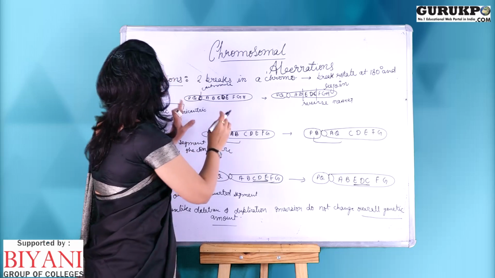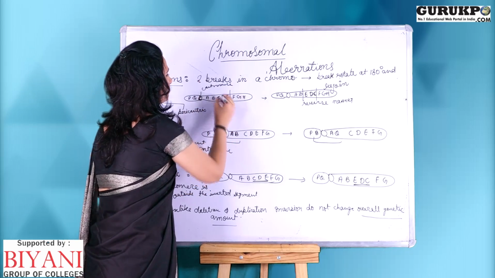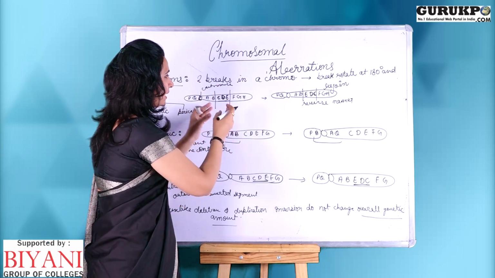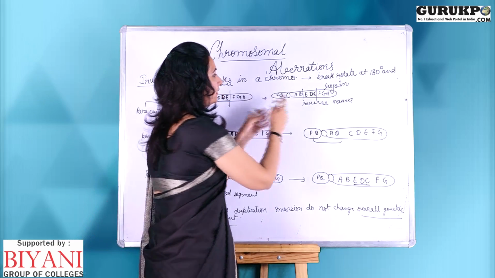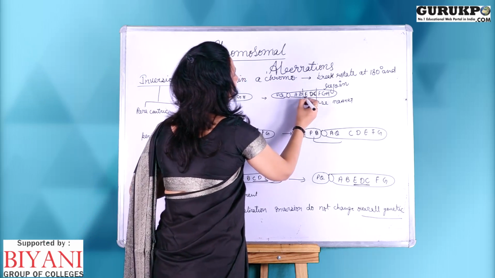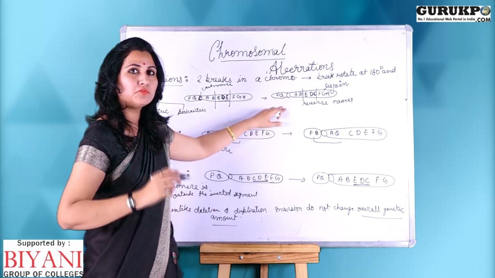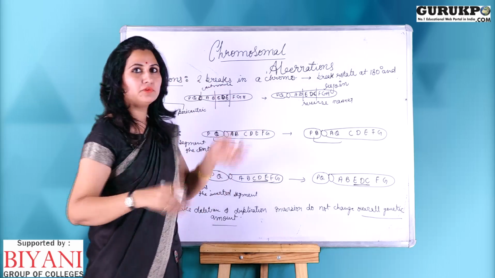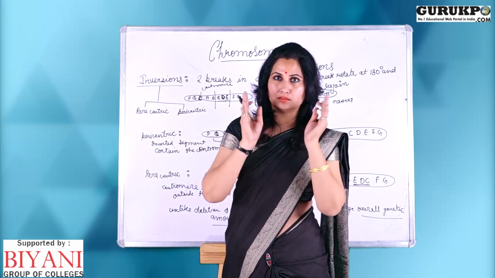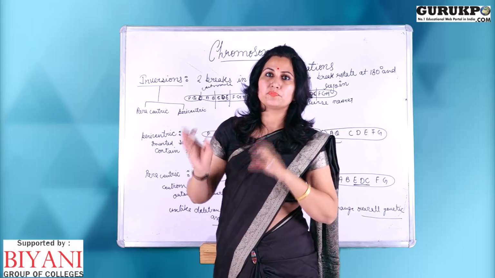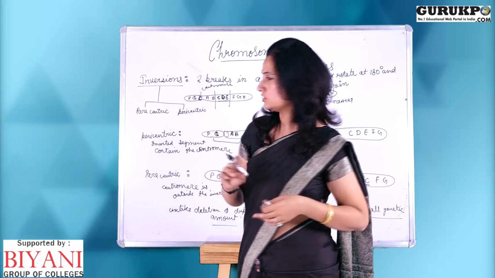Here the inversion is occurring in this region C, D and E. It broke from here, then detached from here, and then it rotated 180 degrees and rejoined in the reverse manner: A, B, E, D, C, F, G, H. Such kind of aberrations are known as the inversion type of chromosomal aberration, because the disconnected gene fragment is in the inverted position.